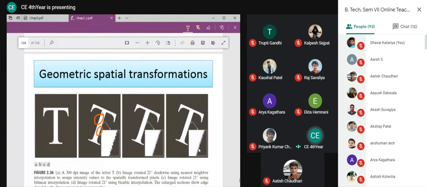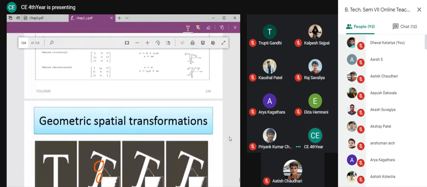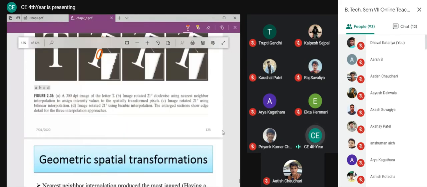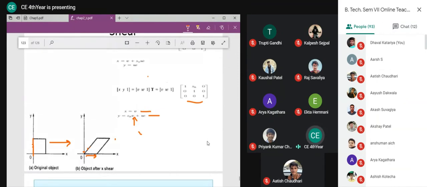Last time we also discussed that bicubic is using more neighbors, and hence it is going to give us better results. Okay, so that is the end of our chapter 2. So that is what the conclusion is. If, when you are doing this partial transformation, you are not getting values for some of the pixels, then you have to interpolate them. And if you want to interpolate, then you should go for any of the three methods. And the third method, bicubic, is going to help us more.